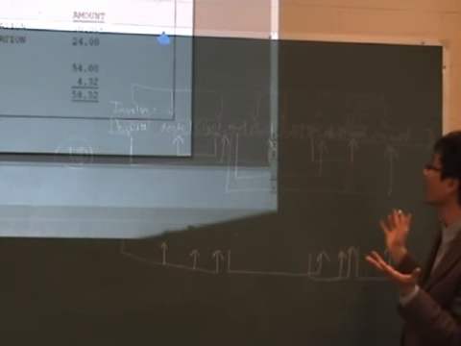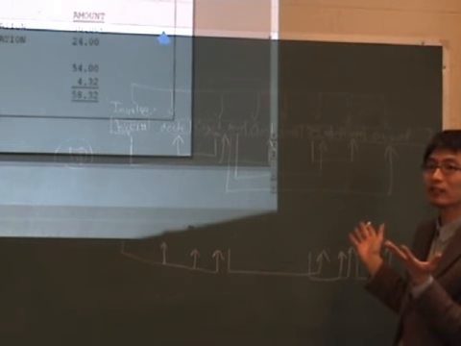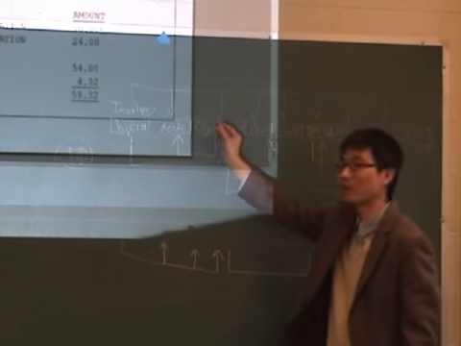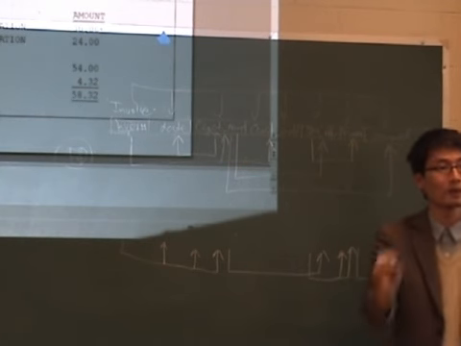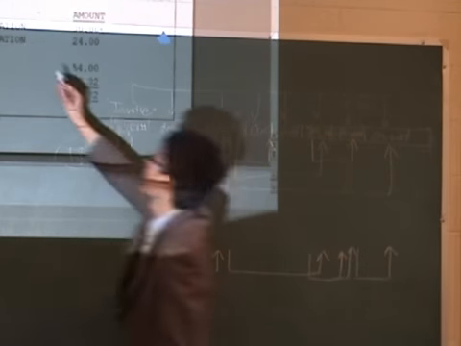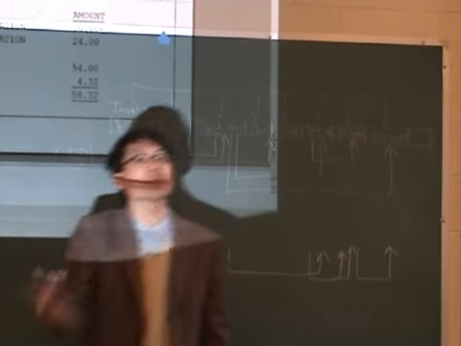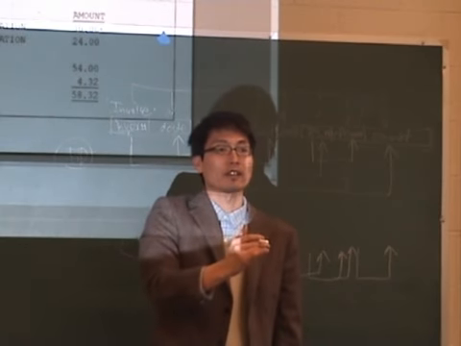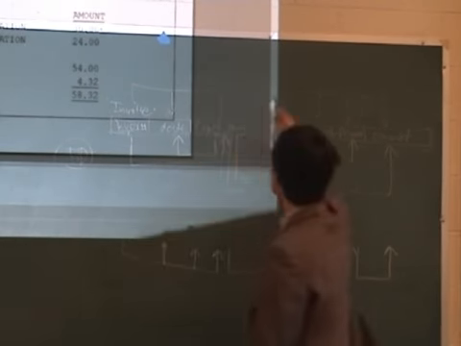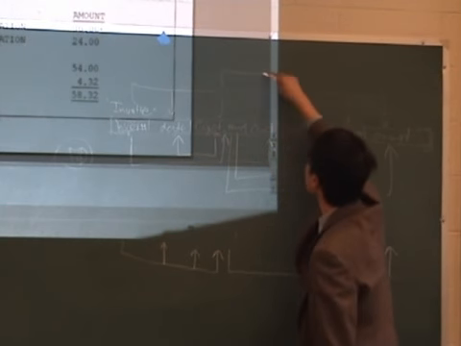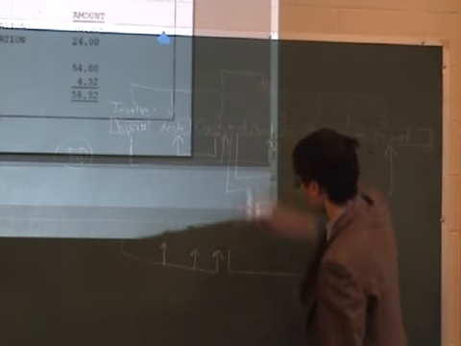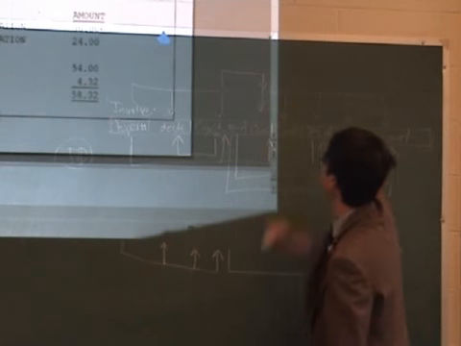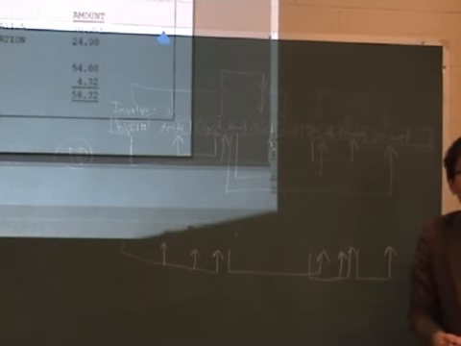However, can you find any other functional dependencies? If we know the customer name, you can identify the address of that customer. In other words, the address depends on the customer name. So customer name determines customer address. So we don't need this one. Instead, customer name determines customer address. Okay? Also,